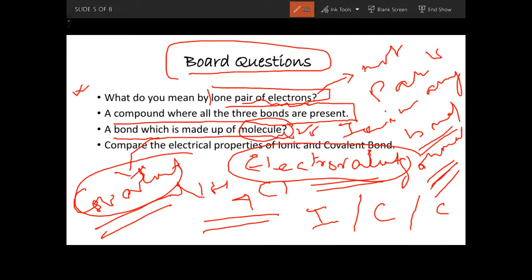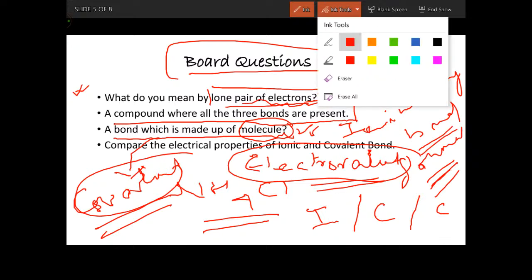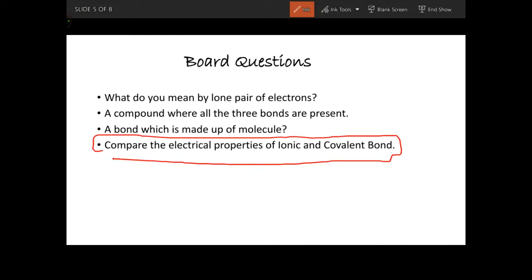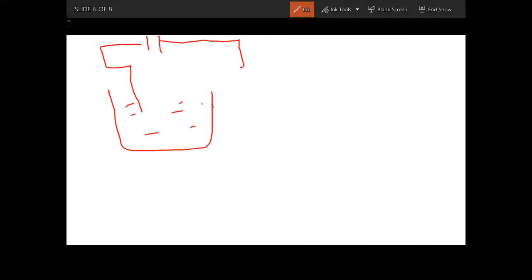Okay, so the last topic, so I am erasing all this. The last question that is asked sometimes in the exam is to compare the electric property of ionic and covalent bond. Last time I had discussed this. See, you may get a question that there is a vessel with a solution, connected with a battery and there is one bulb here. They will ask the question that